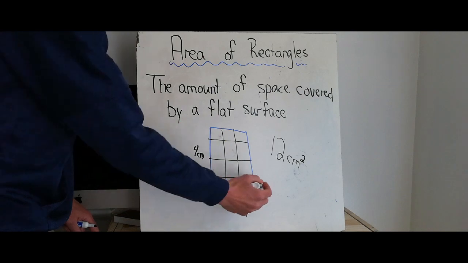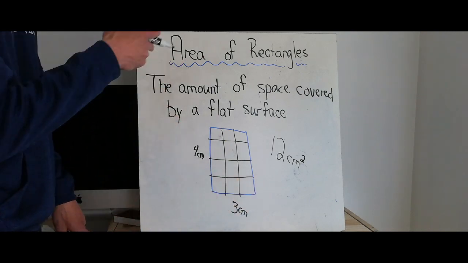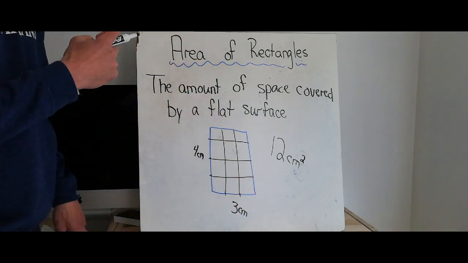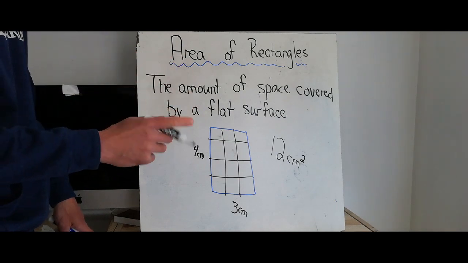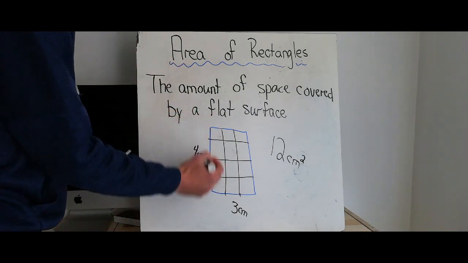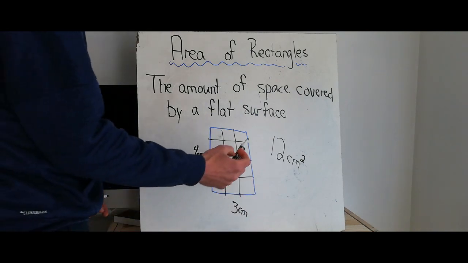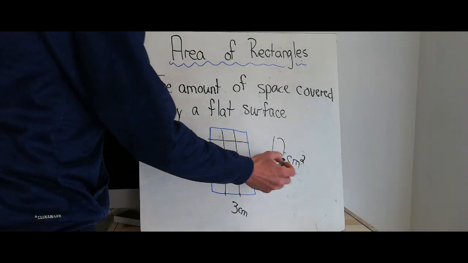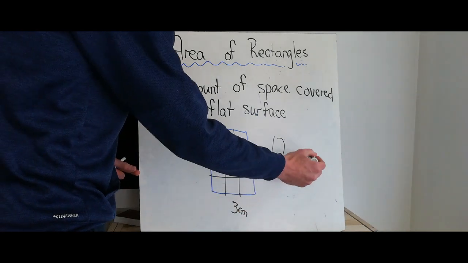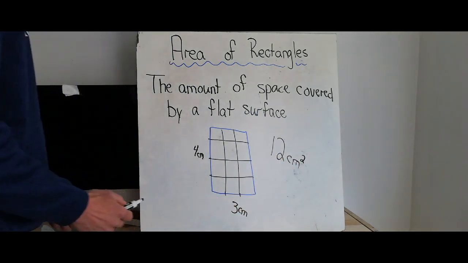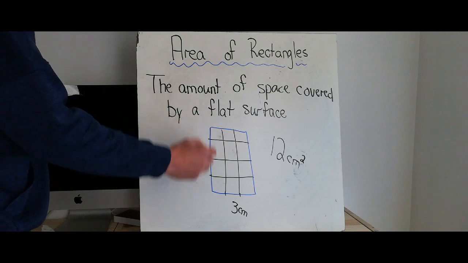So 2 dimensions, not just the distance around something, which would be perimeter, which is 1 dimension. It's 2 dimensions, length and width is what you're measuring. So that's why for area, this little 2 tells you it's measured in 2 dimensions, the length and the width,